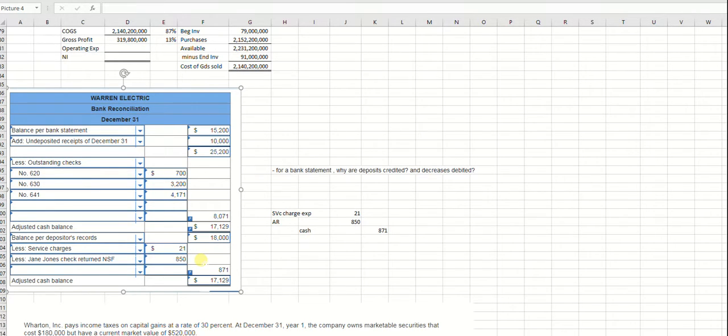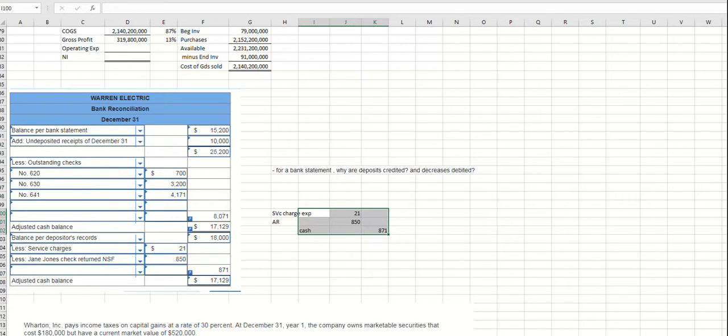Everything is all right. But remember, I can't make these journal entries, and these are things we didn't know about, so we need to record them. So I hand this back to you and say everything is okay, and I sign off on it. And I say, now you need to make these 2 entries. So you need to make these 2 entries because cash is not $18,000, it's $17,129. And if I make the entry, it is that. So my guess is you were thinking this is a debit and a credit column, and it's not.